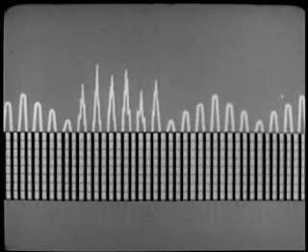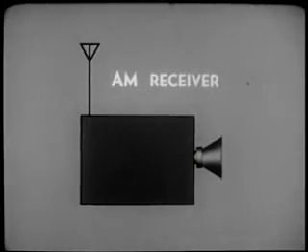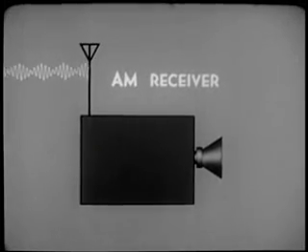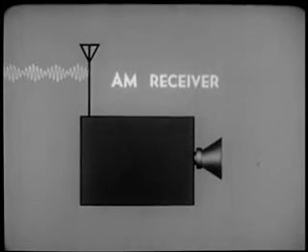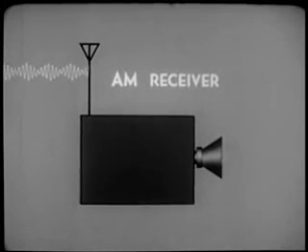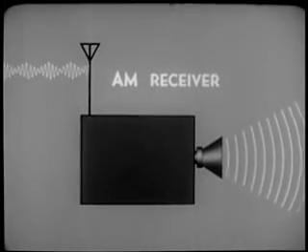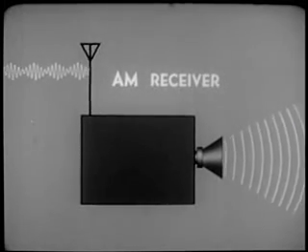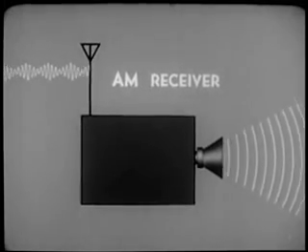Now, a partial review of what happens in the AM receiver. The amplitude modulated RF carrier is picked up by the receiver's antenna. The receiver extracts the intelligence carried by the RF, transforms it back to an audio signal, amplifies it, and feeds it to the speaker. It emerges from the speaker as sound waves, which can be heard and understood by the human ear, unless the intelligence is smothered by interference.